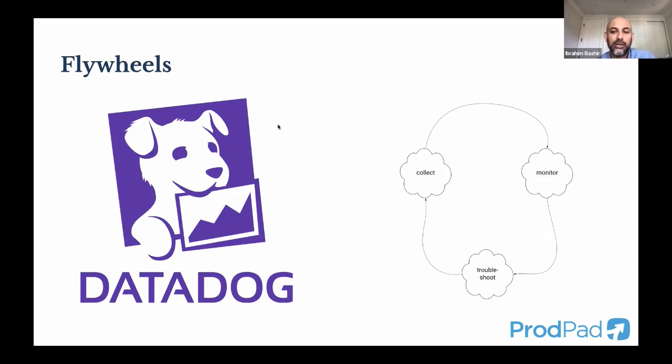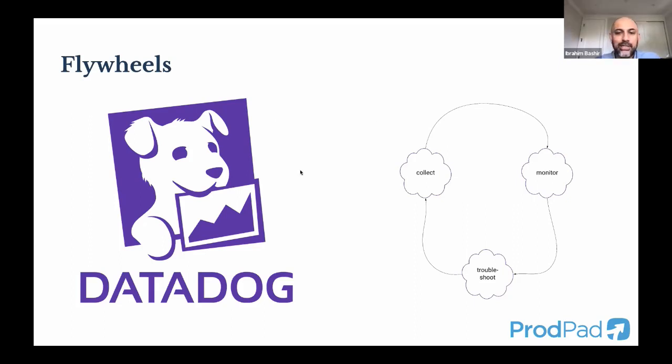They collect your data, could be metrics, logs, events. They simplify the monitoring of that data. And then when something goes awry, an outage, an issue, an incident, they help you troubleshoot it. And if you're a successful Datadog customer, you're sending them your data, you're using them for monitoring, and you use them for troubleshooting. I don't know Datadog's customer base, but I can guarantee you a customer who's not using Datadog, who's doing collection with Datadog, but not really doing any monitoring or not really doing any troubleshooting is unlikely to be sticky with them, right? So this is how I think about their core loop.